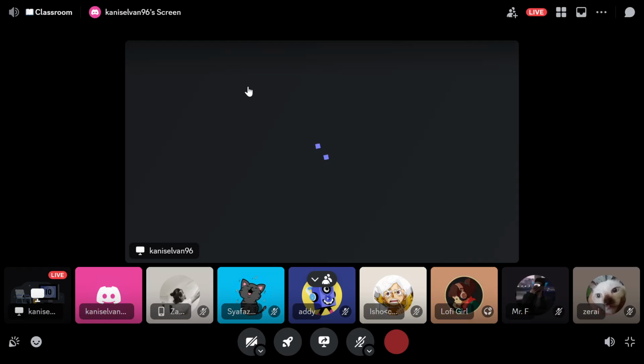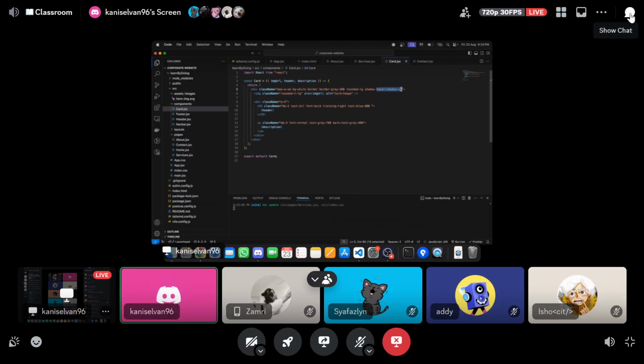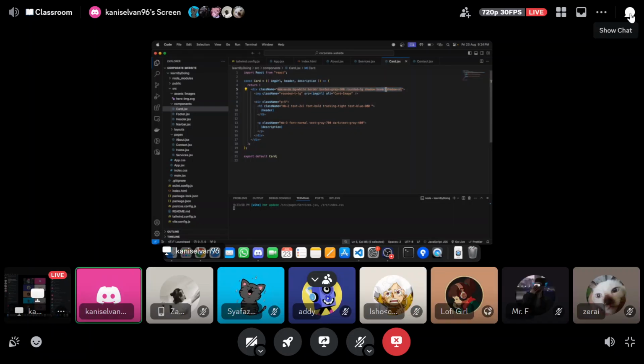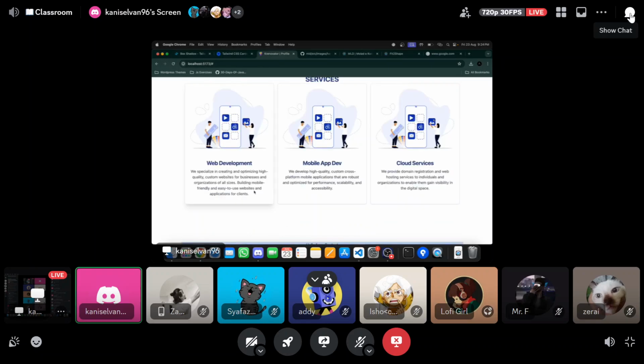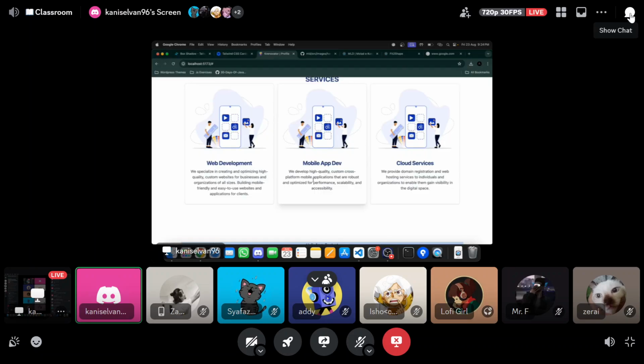Okay, basically, I changed this one. We have a shadow. Then, when we put the cursor on top of this card, I want to show a bigger shadow. That is why I put hover, then shadow-xl. So you see, when I put my mouse here, it's changing. Okay, so next part, I've already removed the background color here.